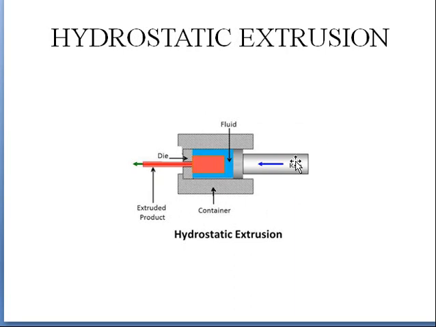In case of hydrostatic extrusion, we have a working fluid inside, and as there is no contact between the billet and the ram, the friction is reduced. And next thing is, because of hydrostatic forces, the force applied on the billet is more. As a result, the deformation of the billet will take place very quickly. So here, see, this is the direction of ram and this is the direction of your workpiece. This can be done in both direct and indirect extrusion processes.